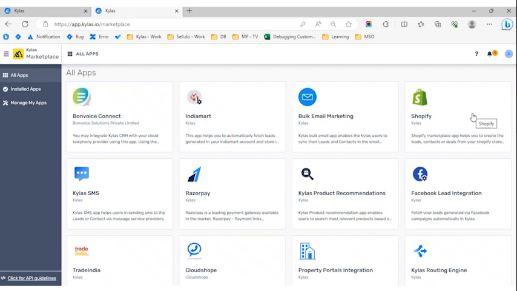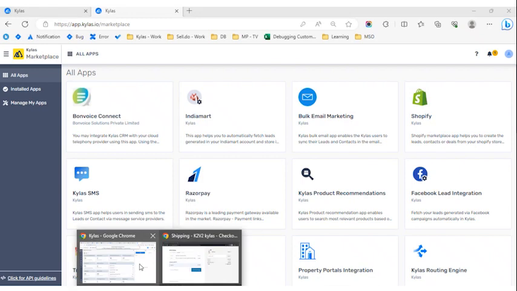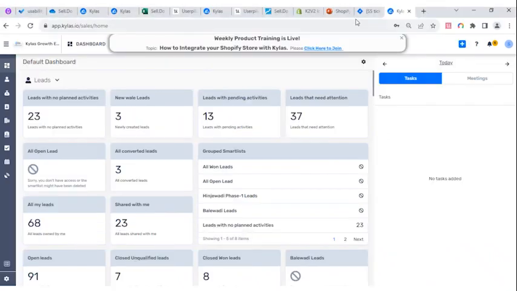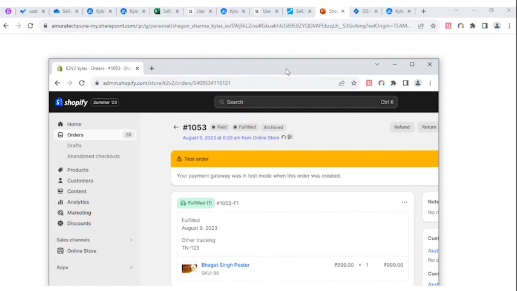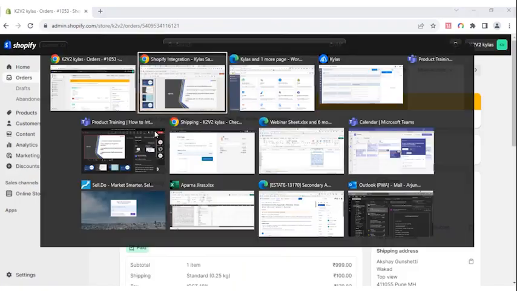Now, considering this pattern and behavior of end customers, Kylas CRM has introduced a Shopify integration, or marketplace app, available for all our users. Now, to start with this, to connect your Shopify store with Kylas, this will need very simple and very minimal information. Let me also open up this Shopify on the